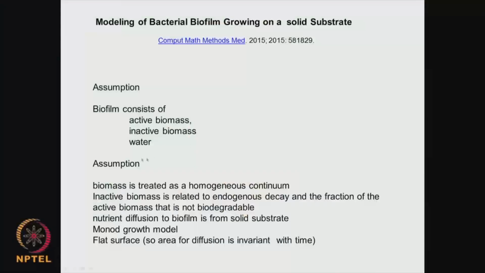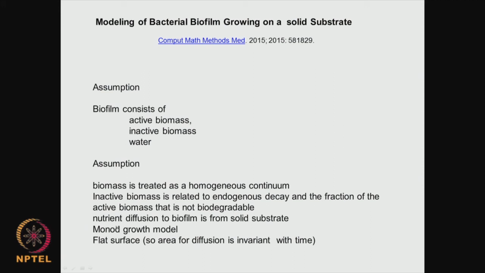So, what are the assumptions? They have assumed the biofilm consists of active biomass, inactive biomass, and water. Okay. The active biomass is not biodegradable, whereas the inactive biomass is related to endogenous decay, and it is a fraction of this active biomass. Okay. What are the assumptions? Biomass is treated as a homogeneous continuum. So, you have to remember that although biomass is heterogeneous, you may have live cells, dead cells, proteins, and so on, it is considered as homogeneous. So, the inactive biomass is related to the decay, and it is a fraction of the active biomass, and that is not